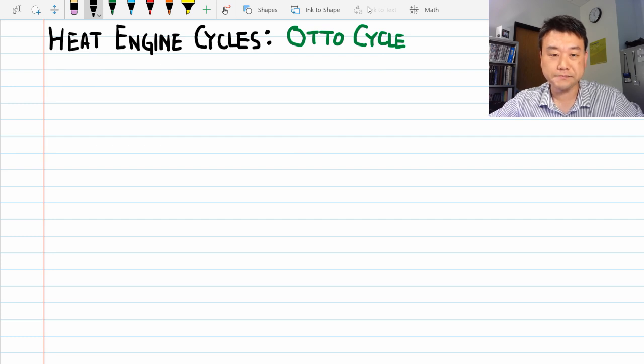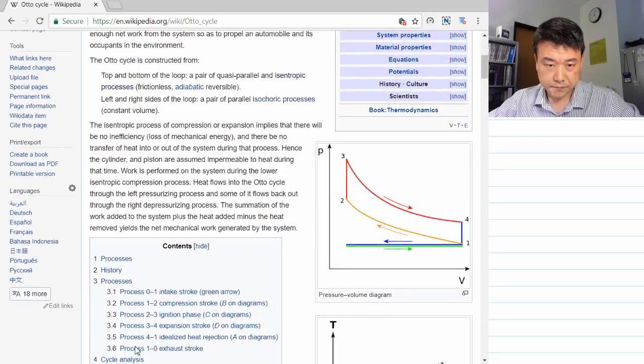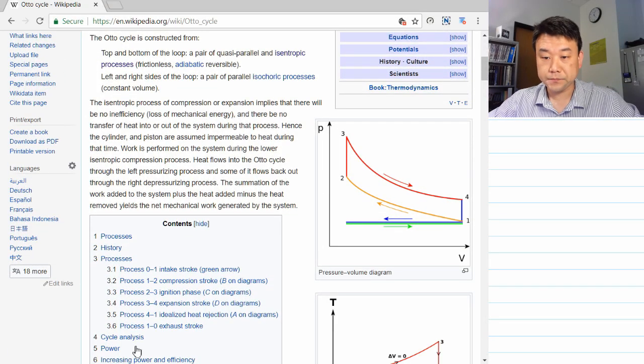Wikipedia page. This is the Wikipedia page for the Otto cycle. For us, what matters is really down here. The Otto cycle is constructed from, and this is the pressure volume diagram for the cycle. For us, this blue and green horizontal lines don't really matter. It is important for the real functioning of the engine. That's where the fuel exhaust is expelled and new air is taken in. But for our purposes, what we care about is the cycle, starting from 1, 2, 3, 4, and back to